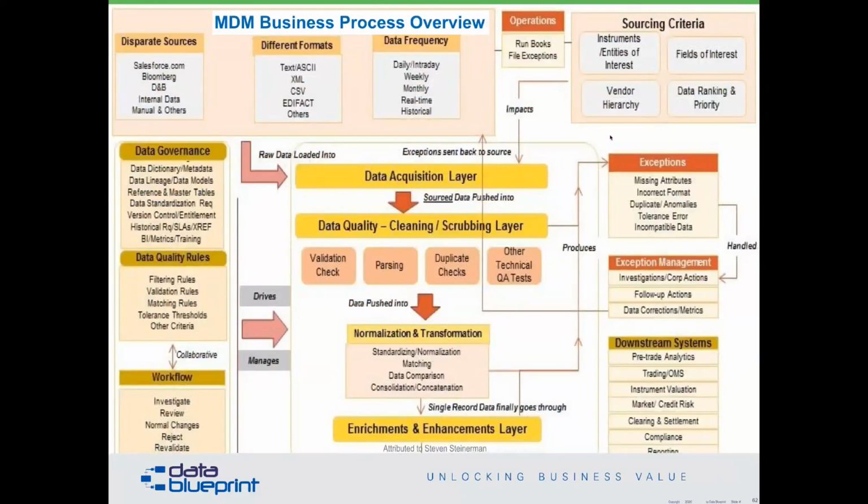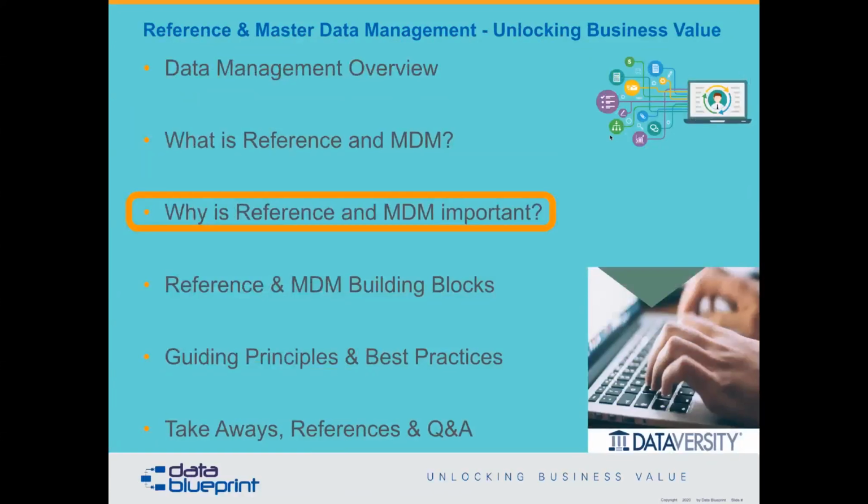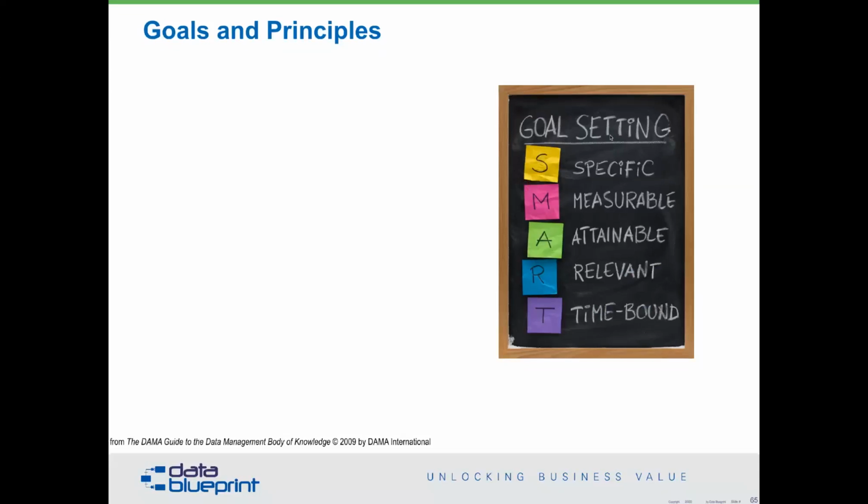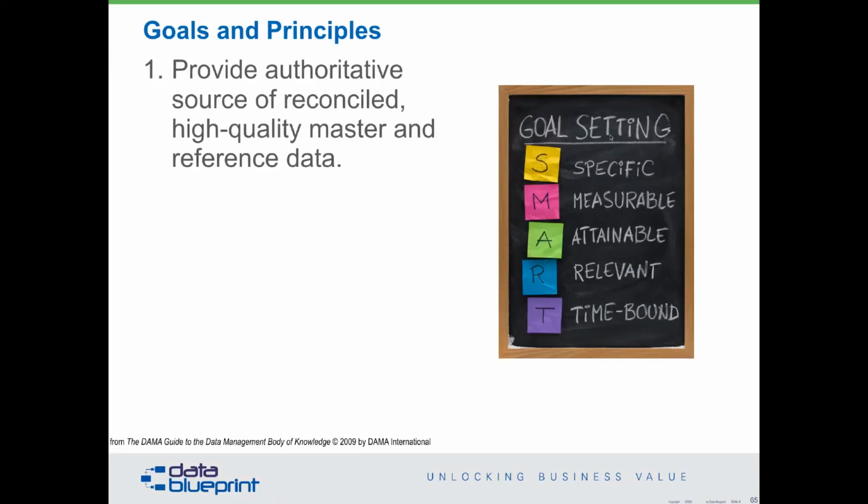You do not need to have this much, but it is a very good chart to take a look at, for what are the things we need to look at all the way around. So let's look at some very specific building blocks out of these things. Many of these are lists that I'm simply going to leave you with without reading all the words, because that's pretty boring and you don't want to hear that. So what are our goals? Provide authoritative, reconciled, high-quality master and reference data. It means when I look up my record, I know exactly where it is.